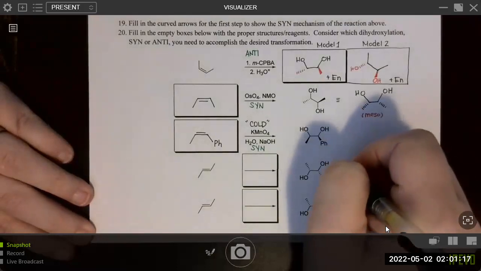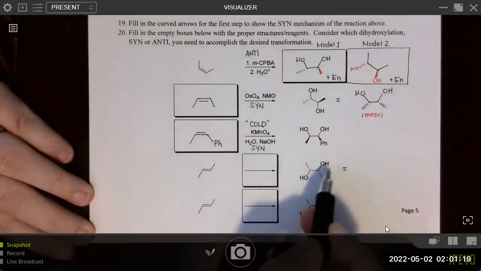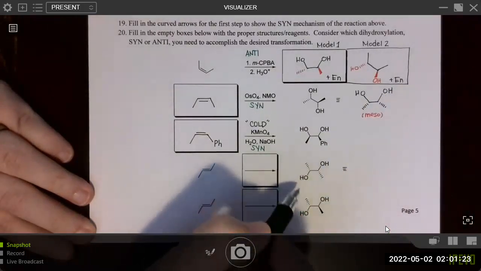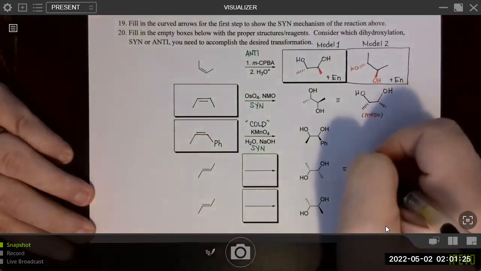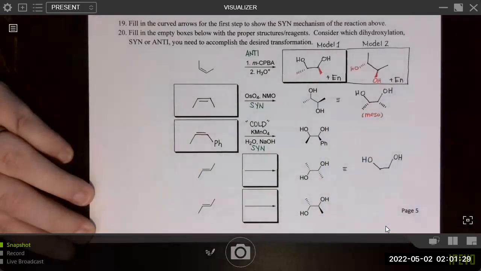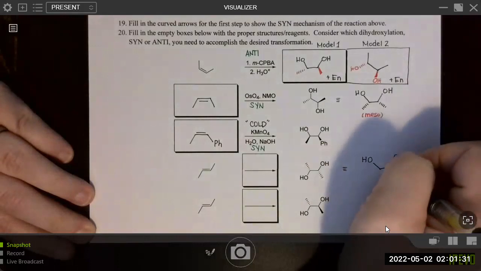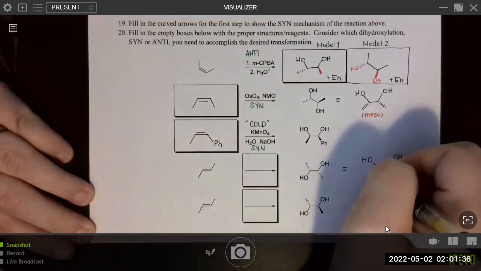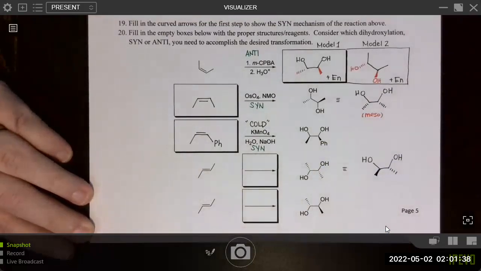It may help you, depends on how you like to do it, to rotate this so that we have these two groups on the same side. So in that case, I would actually flip over the left half of the molecule just so that I can nicely get it in the orientation I'm used to looking at, right? Which means this one stays back and this one comes out. Those are just two different ways of drawing the same thing.